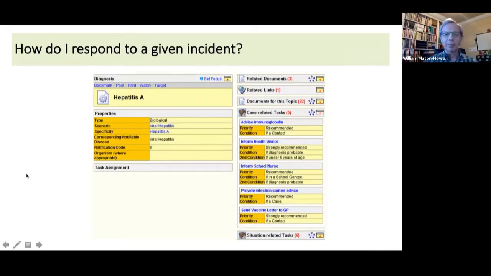And then another example here where a case of hepatitis A was identified, and on the right-hand side, the range of types of information and guidance that the system was providing to support the clinician rapidly to identify whether and who to inform. And the system also provided the automatic connections, if necessary, to the health visitors or the nurses or the letters to the GPs. So this was a big step forward in terms of the technology supporting the clinical practices.